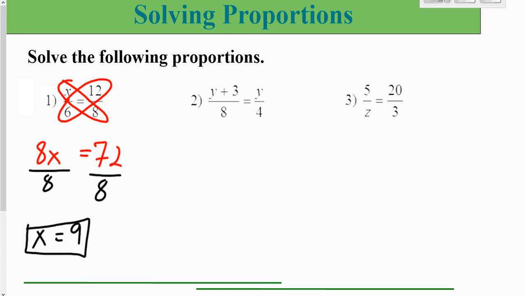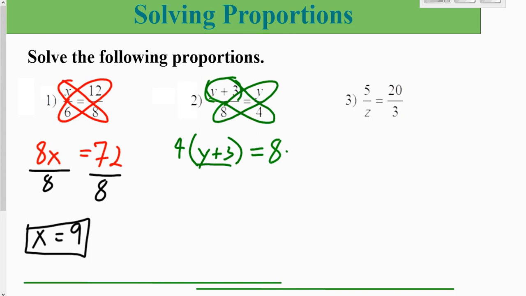At number 2, again, I'm going to employ the same strategy. I'm going to do y plus 3 times 4. And we have to make sure when we multiply by 4, we multiply by the entire quantity y plus 3. So I want to see these parentheses here anytime we have multiple things in our proportion. So then if that is our cross multiplication there, this is going to be equal to